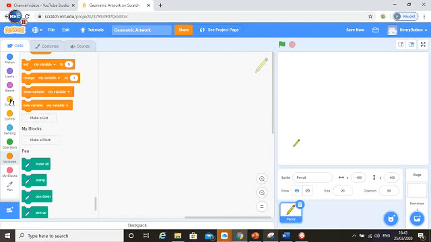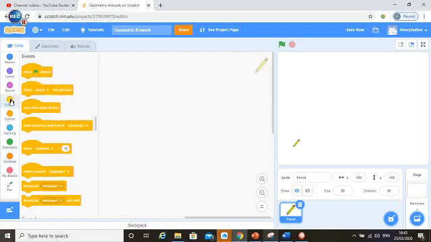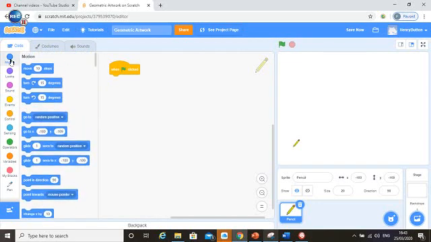Alright, let's go over. You'll probably know from other scripts that we go to events and drag across a when green flag clicked, and then we want to tell the pencil or the sprite where to go to. So I'm going to tell it to go to that spot. Now I'm going to open up the pen tool, which is just down here below the blocks. If it's not there, there'll be an option there that you can click on to activate the pen. I'm going to click on pen,